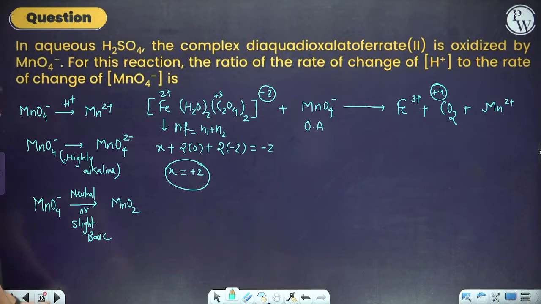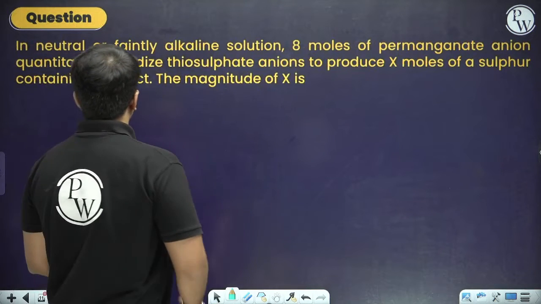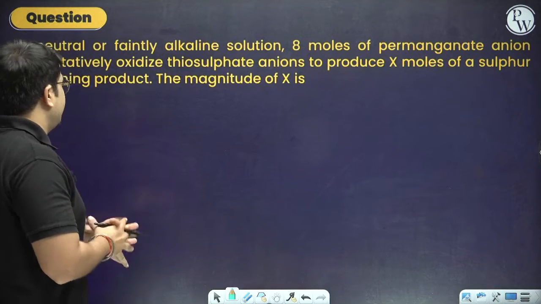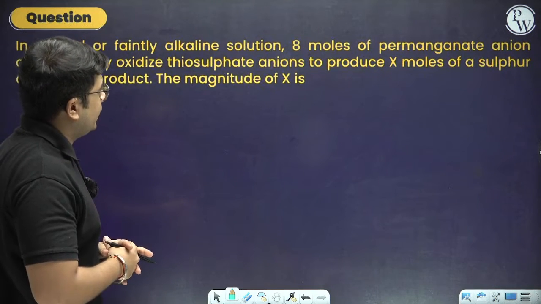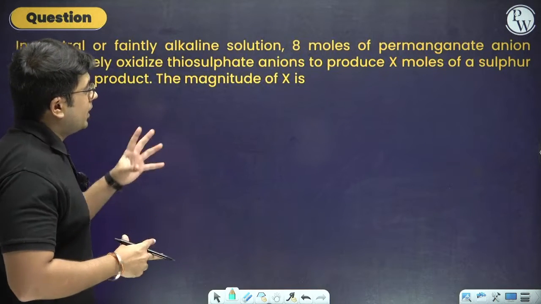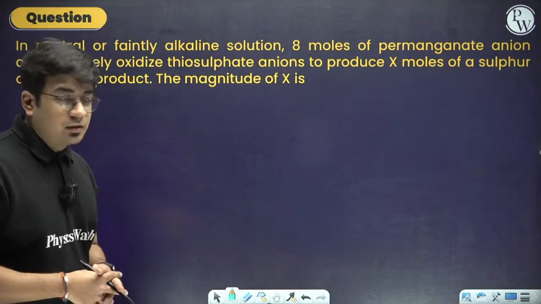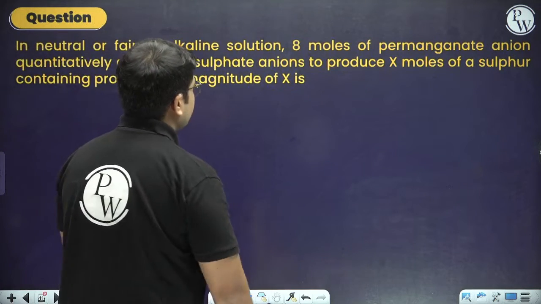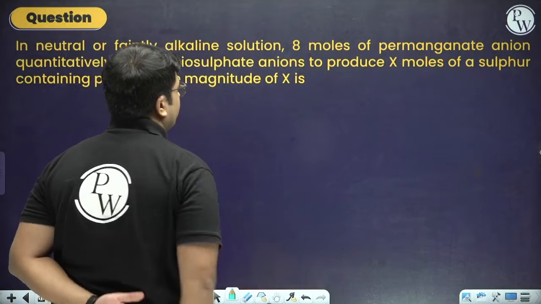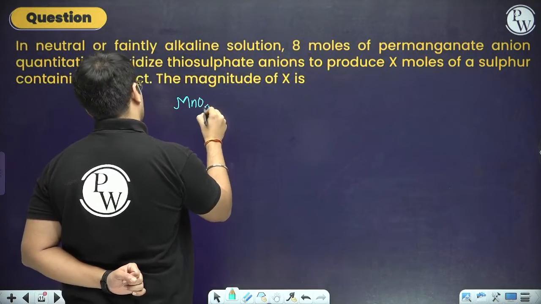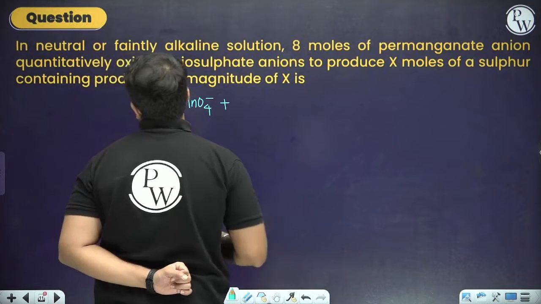Okay, now the next part. In neutral or faintly alkaline solution, 8 moles of permanganate anion quantitatively oxidize thiosulfate anions to produce X moles of sulfur containing product. The magnitude of X is. So this reaction is a very interesting reaction. Basically we have a permanganate ion, which is MnO4 negative, and it is reacting with